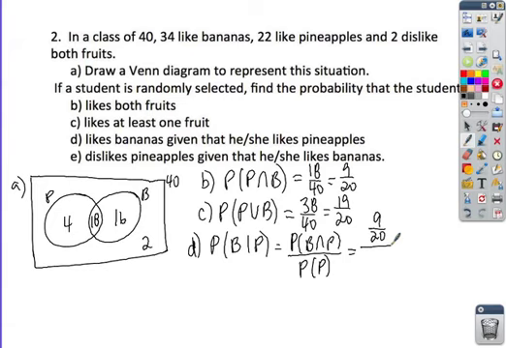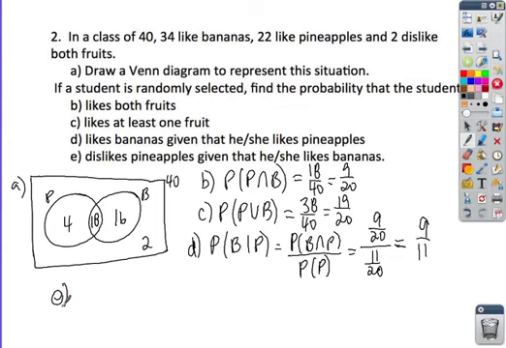And on the bottom, probability of pineapple, as we can see from our Venn diagram, is 11 over 20. And if you remember from the work that we did with calculus, we know that this kind of fraction should reduce to 9 over 11 if the denominators are the same. And then in the last part, E,